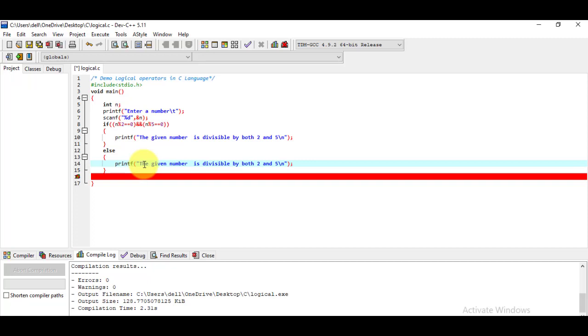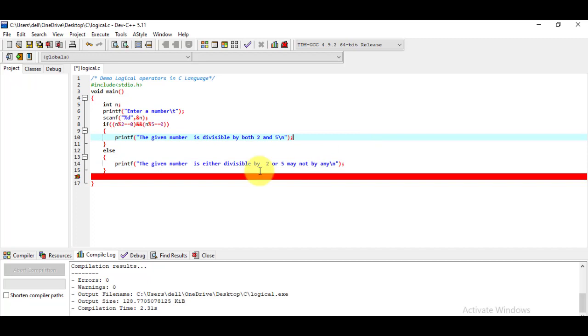So here I have to display the message: the given number is either divisible by 2 or 5 or may not be divisible by any.